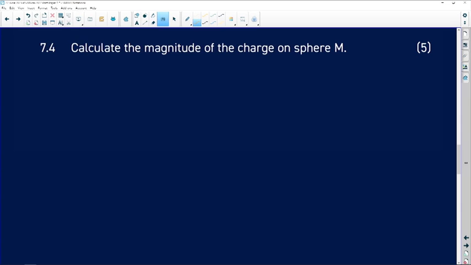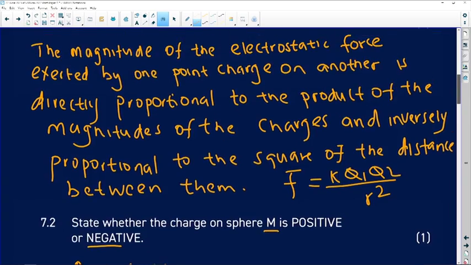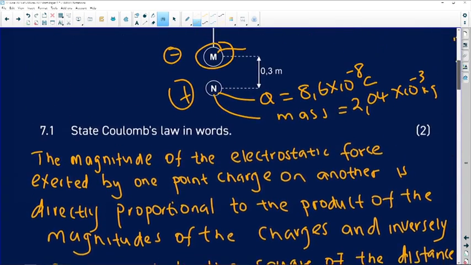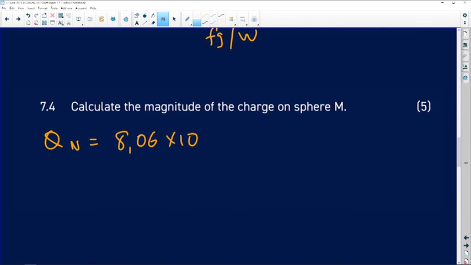We are given the charge of sphere N, which is 8,6 times 10 to the power negative 8. We are also given the mass of